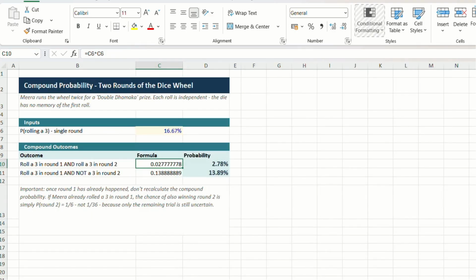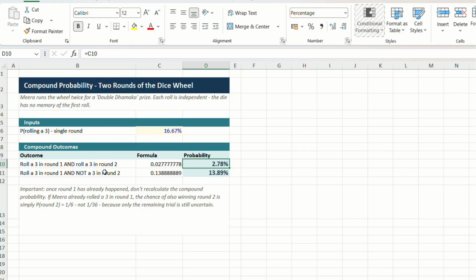Now let's talk about compound probability, where Mira runs the wheel twice for double the markup price, and each roll is independent and the die has no memory of the first roll. So probability of having a 3 in a single round is this percent, and when we have the compound outcome of rolling a 3 in round 1 and rolling a 3 in round 2, which is C6 into C6, we have got this number, probability around